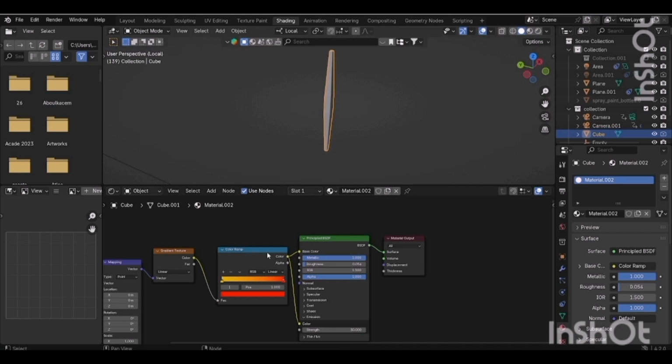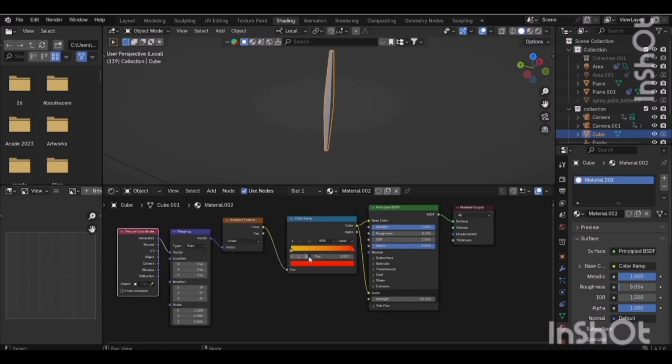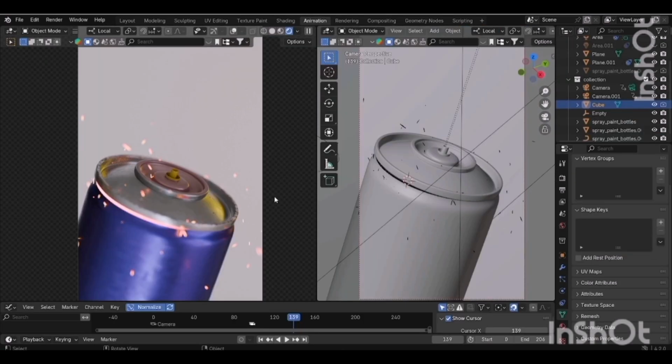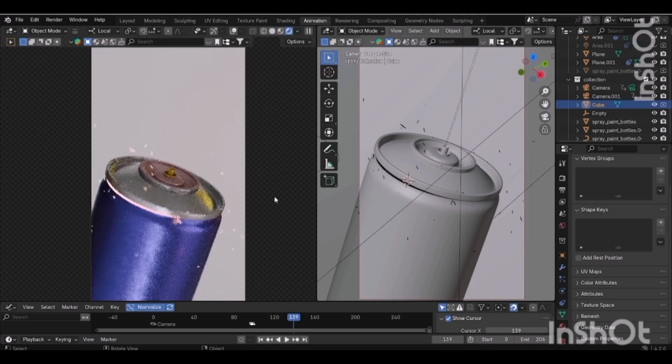It's just a simple gradient shader plugged into a principled shader with emission value set to 30, and to have more realistic effects, and to try to simulate the effect in real life,